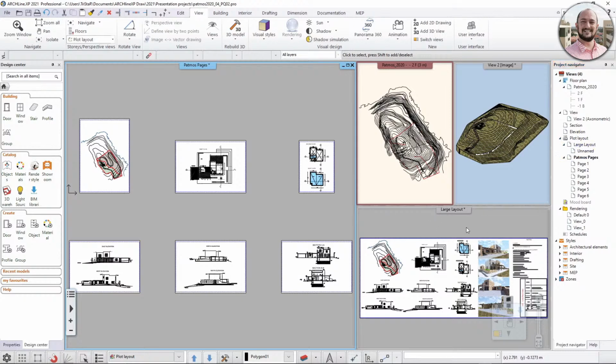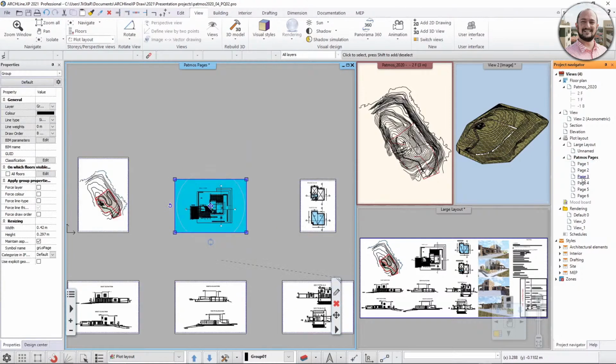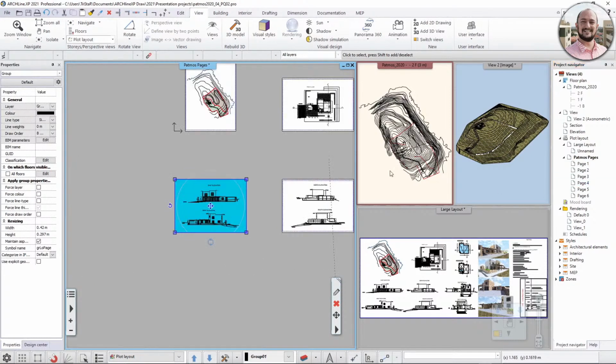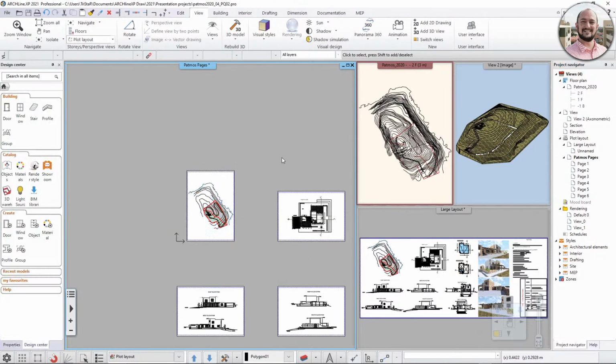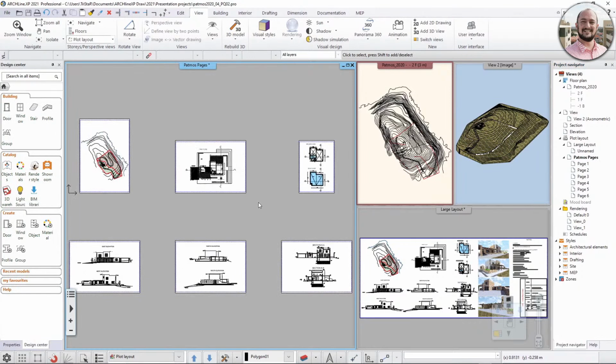layouts. One is the large layout, this is the one, and the other one has 6 different pages. And once you click on those pages, the software tells you which page it is, like page 5, page 6, and page 1. And this is also a very good thing when you are working with 30 or 40 different pages, and actually